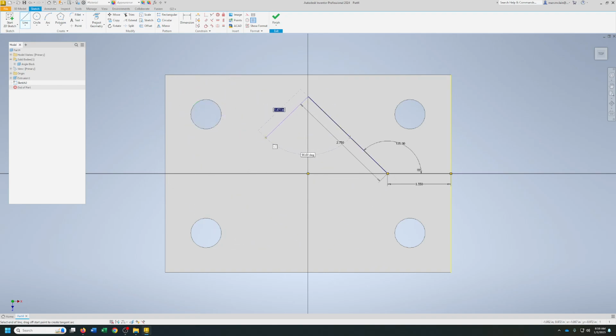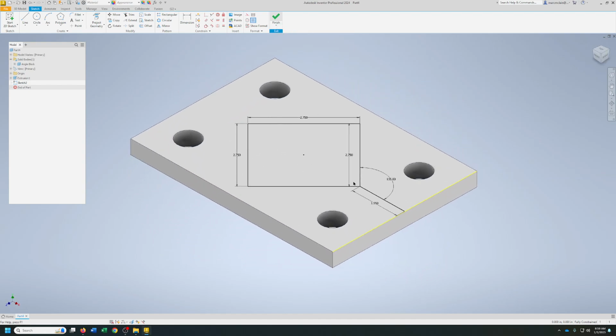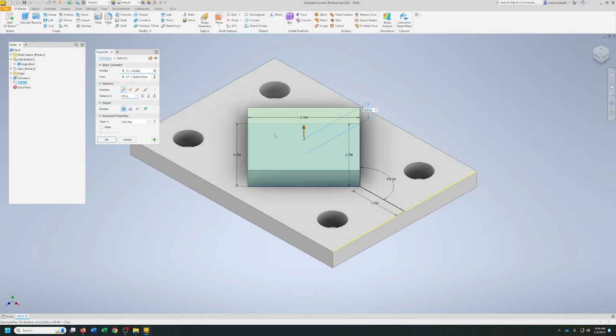Now, 2.75 this way, and then do it this way, and then back to where we started, and we're good to go. All right, so that's got our base. Your guess is as good as mine why that didn't work, but hey. All right, so we'll finish that sketch. All right, so there's our extrusion. Now, this thing is 2.5 tall,